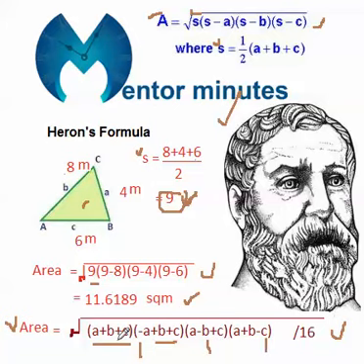That's it. A plus B plus C, minus A plus B plus C, and here minus B, and here minus C. So this is not much painful, and you have to divide this whole quantity, all four brackets, by 16. Then you have to find the square root. I have taken 16 inside the square root because if I take it outside, it will become 4, like 4 into 4 is 16.